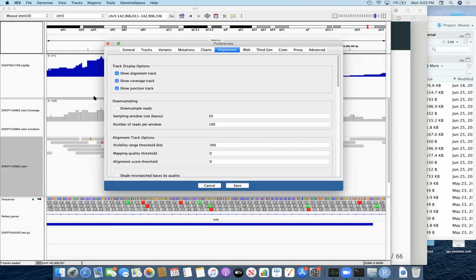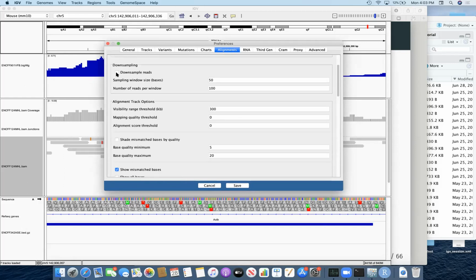So I said by default, it's going to show us the alignments, the coverage. It's also going to show us something called junctions, split reads across exons. If we wanted to, we might not care so much about seeing the reads. Maybe I just care about how they pile up, how deep they are. Maybe none of that, and I just want to see the reads. This is all going to save me memory in some way by just asking the computer to do a little